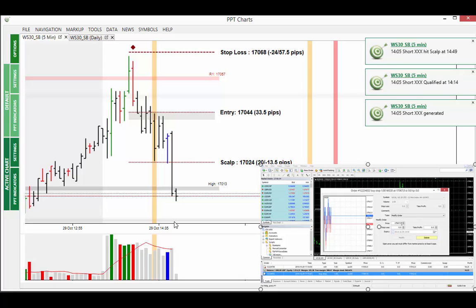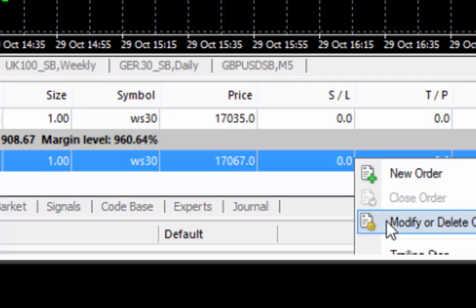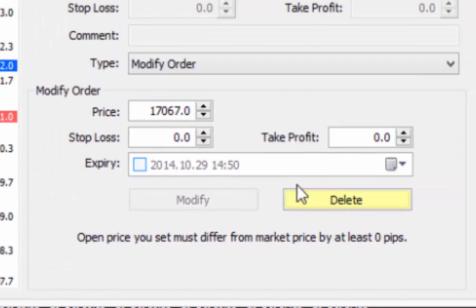17,000 is very important to this market. So we've got the market traveling down towards this area, and you can see here what I'm doing is modifying the stop from the original position. So once again, let me make this larger for you so you can see what it is that I'm actually doing. So I'm going to right click on the original stop, I'm going to modify it, I get the window,